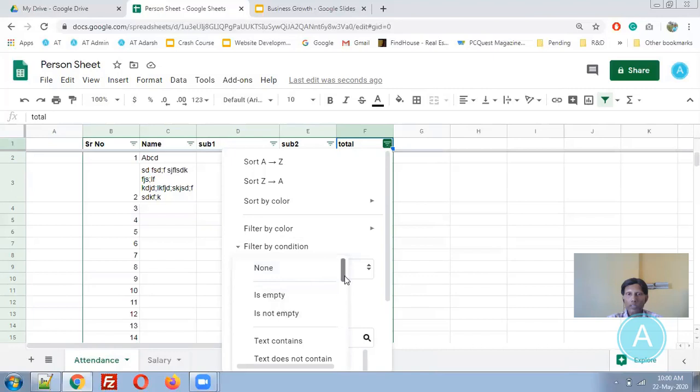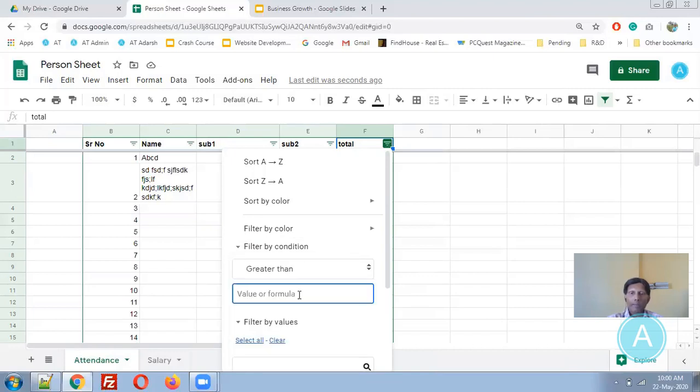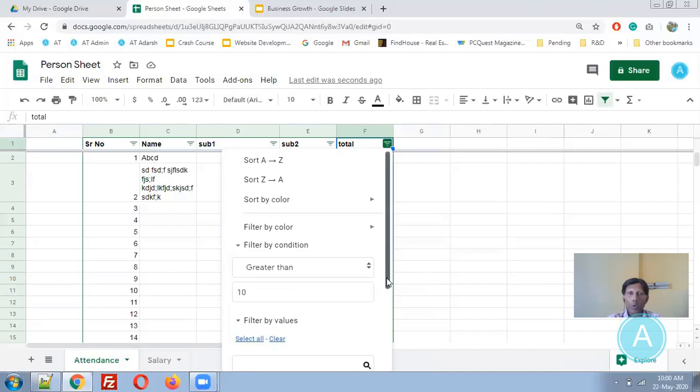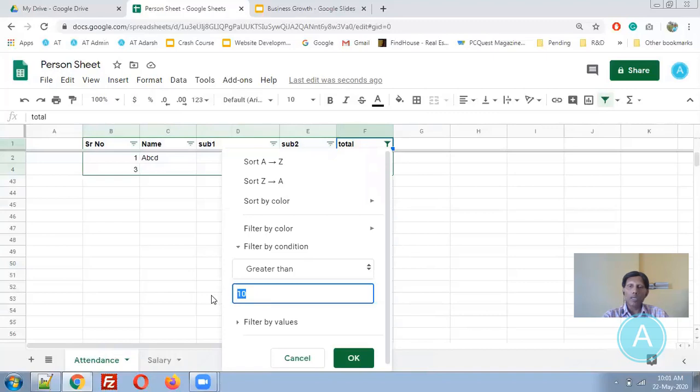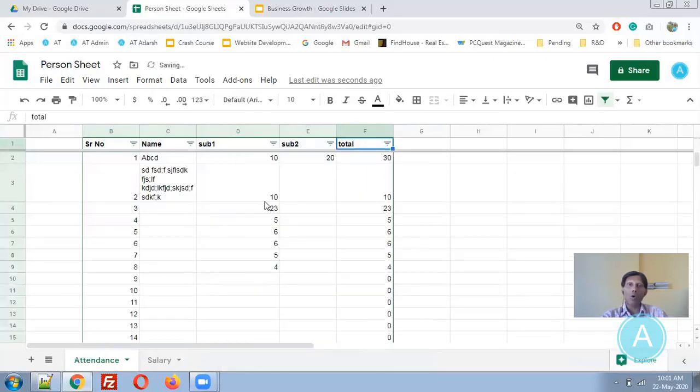I would like to put in some condition, let's say greater than 10. I am clicking OK over here, so that I am able to view only the records that have more than 10 values, so that you can filter that data. You can remove this filter also. Let me remove the filters, so all this data comes back. So you can try the filter also.